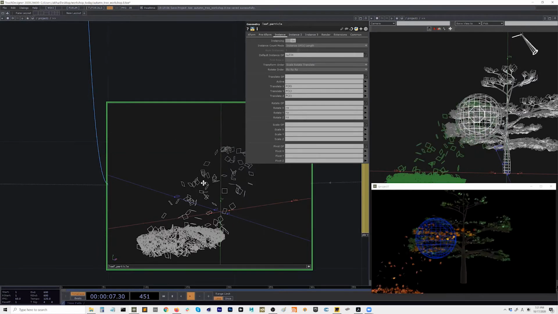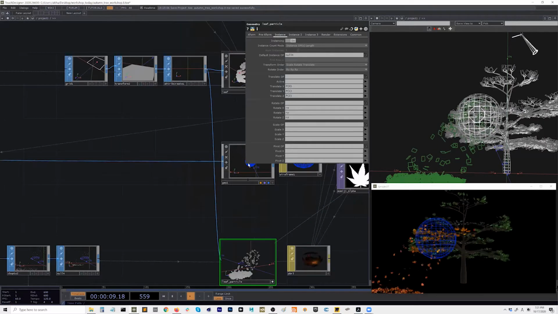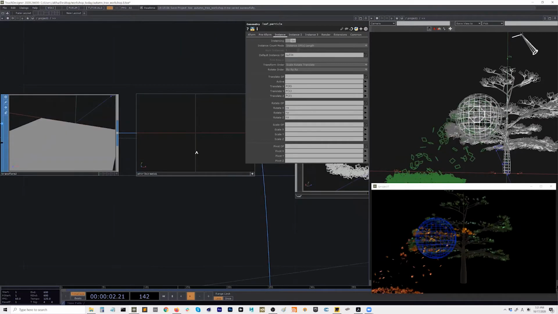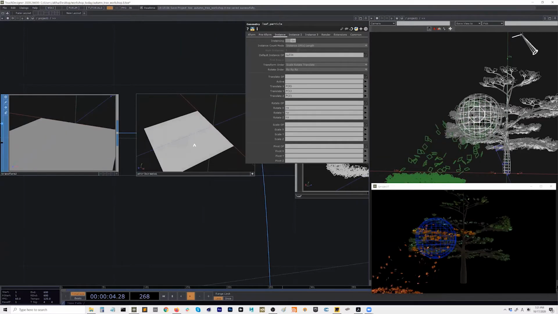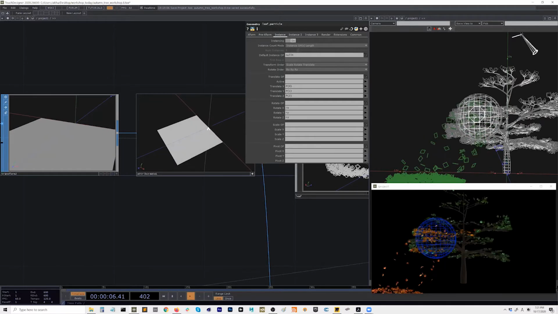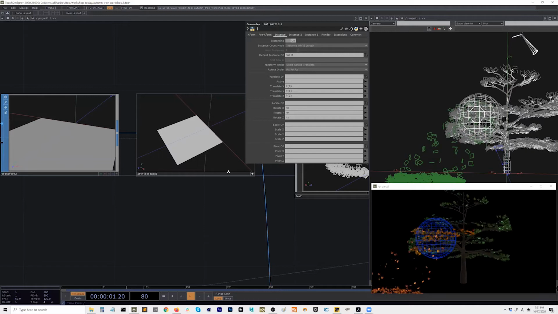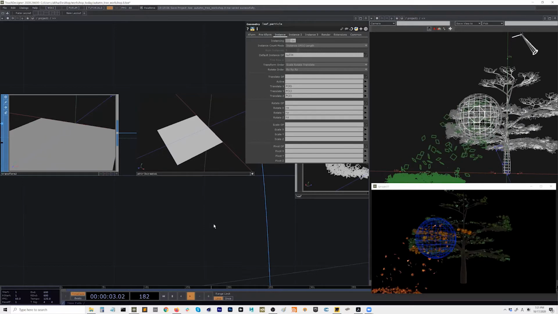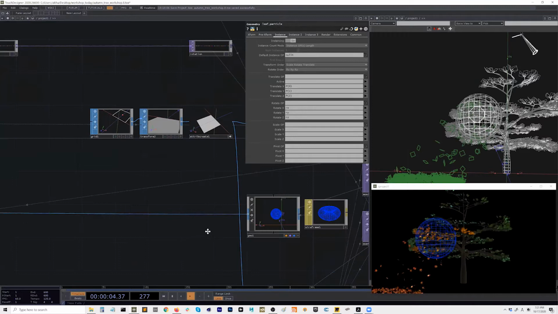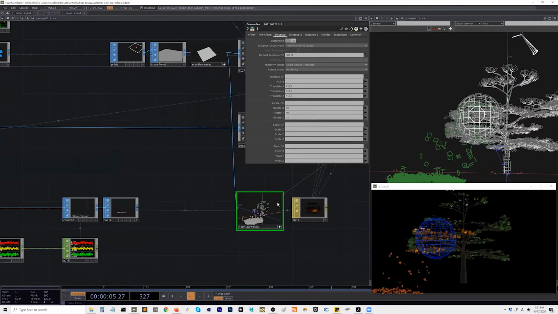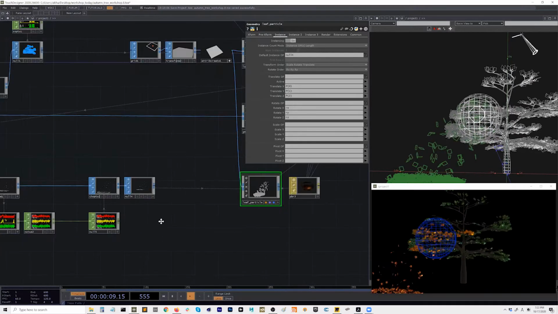If we remember, if we look at this one, you see, it's not rotating from the center, but actually rotating from this position. So that makes this interesting, sort of non-uniform rotation. And I think that works great.